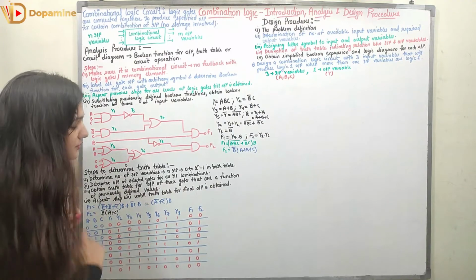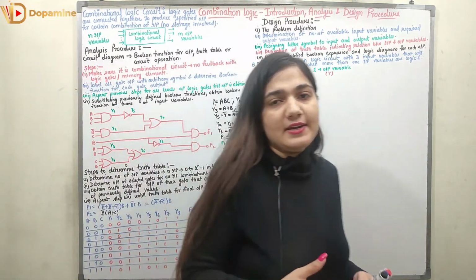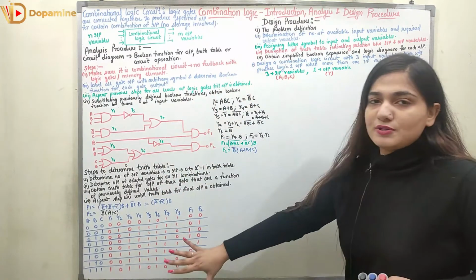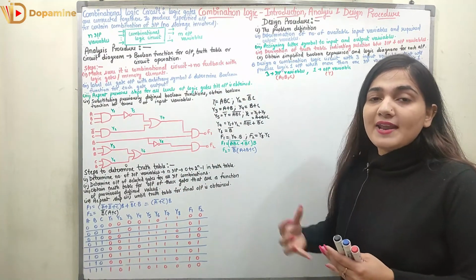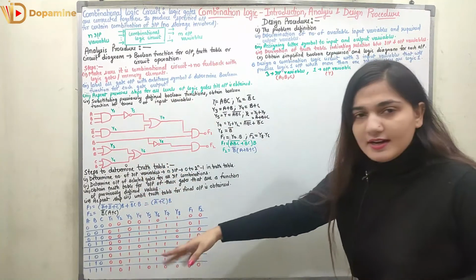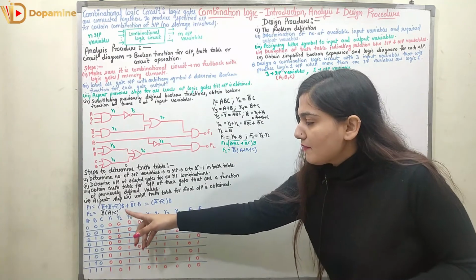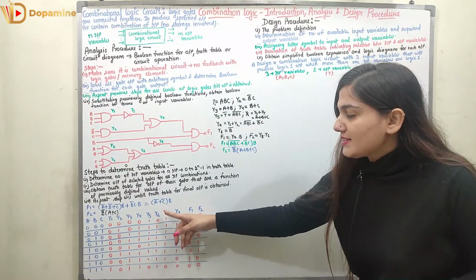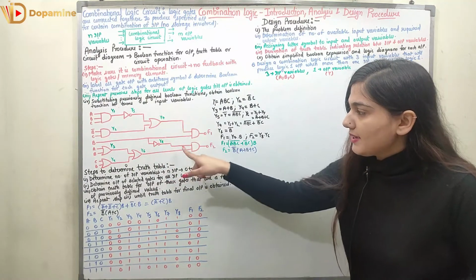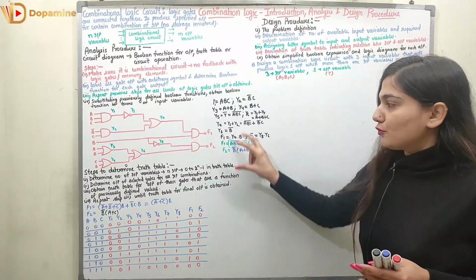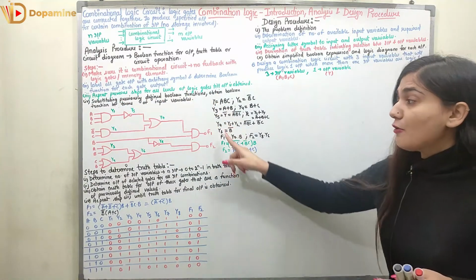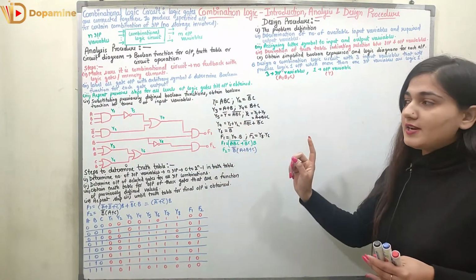Right? So you can use this table and then you can find out the various things which are asked in the question. This is the analysis procedure. If you have to find out the analysis of the given circuit, you will do all these things, right? So you can find out Y1, Y2, Y3, Y4, Y5, Y6, Y7, Y8, all of the intermediate levels, represented over here. And then the F1 and F2, 2 outputs are there. How many inputs are there? 3 inputs are there, A, B and C. How many outputs are there? 2 outputs are there. Right?